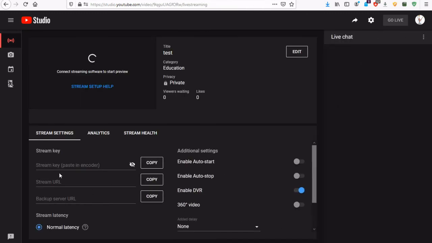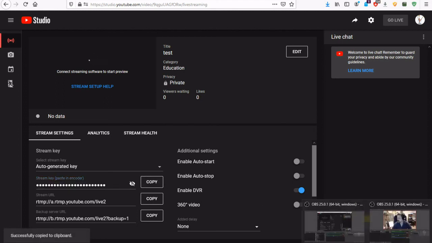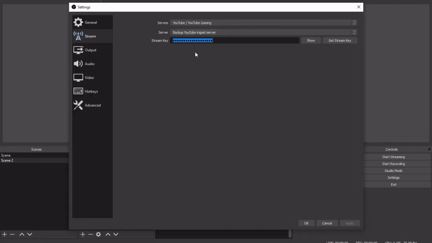Now the things that we want to look at. The stream key is right here, and you do not ever want to show this, because if you show this, that means anybody can get on your stream and start streaming anything they want to your video. You don't want to show this. So I'm going to go ahead and hit copy right here, and I'm going to go into OBS again. Okay, there it is. This is your stream key. I'm going to take that, I'm going to paste that right in here,